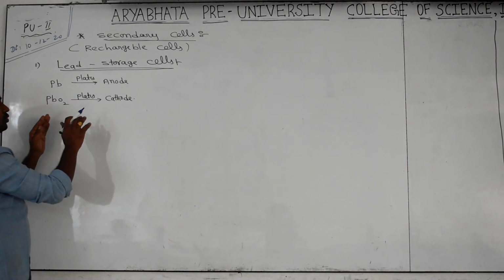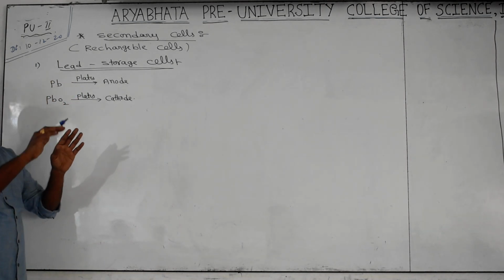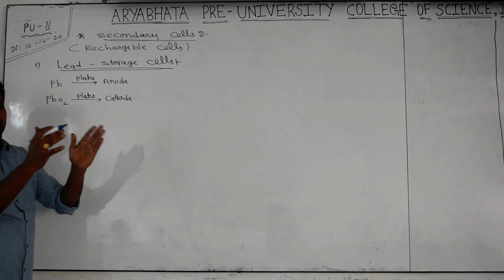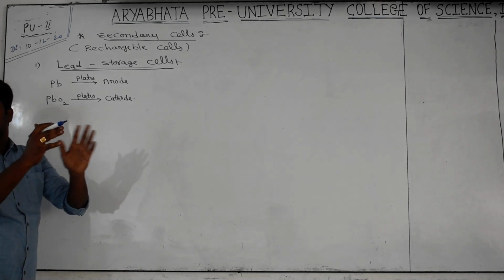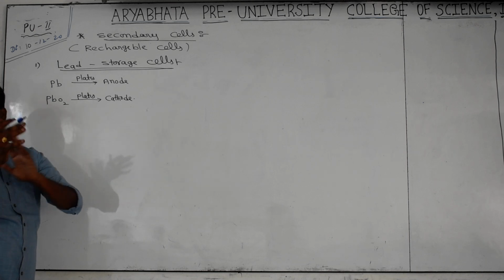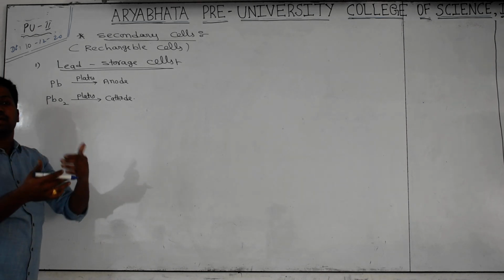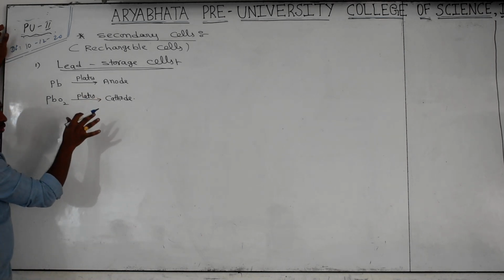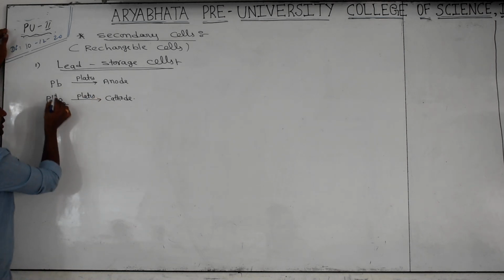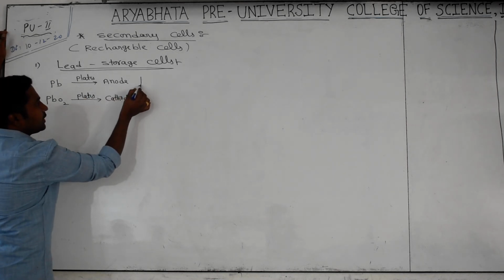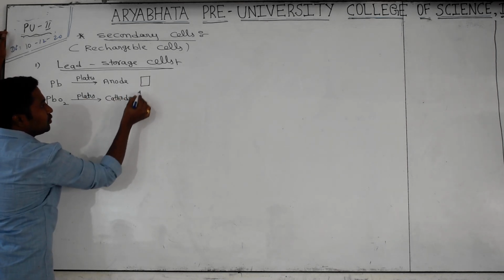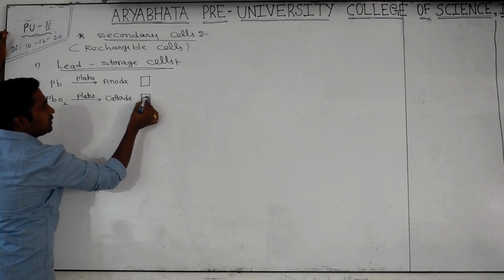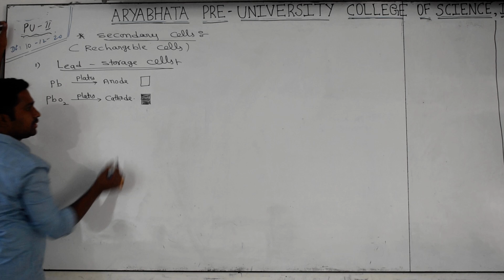Based on battery power, we use a number of anode plates and cathode plates. For example, within 1000 they keep 2 plates, within 2000 they keep 4 plates. More plates means the power supply will keep on increasing. Now how you place them is very important. The lead plates are denoted by empty plates, like this I am showing, and lead oxide plates I am showing like dark plates. Now you have to understand this variation.